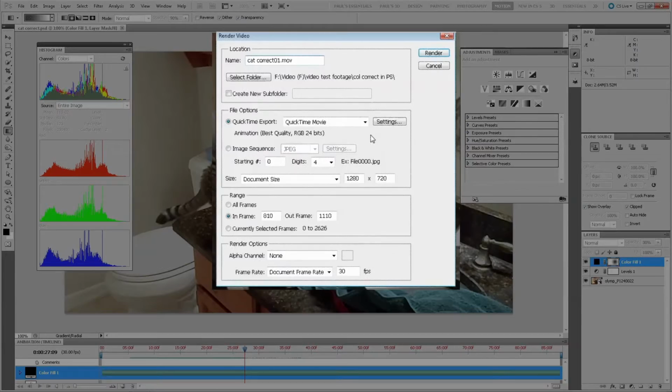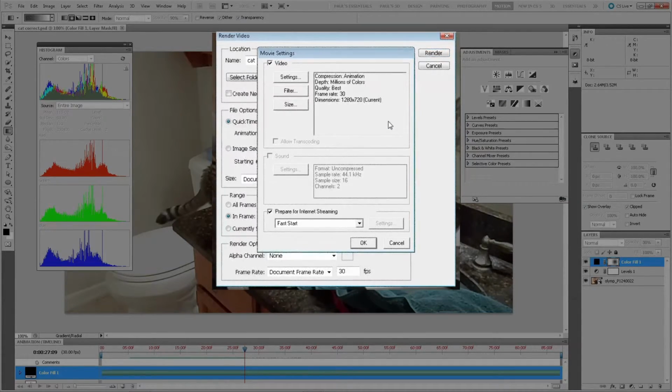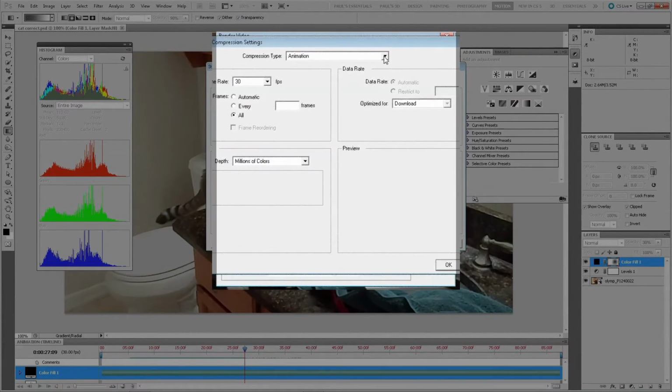QuickTime Movie, we'll stick to that, but Animation, best quality, is not what we're looking for. It's too big a file. Let's change it to something more compatible with the internet.